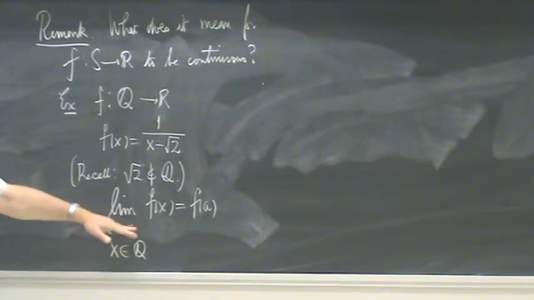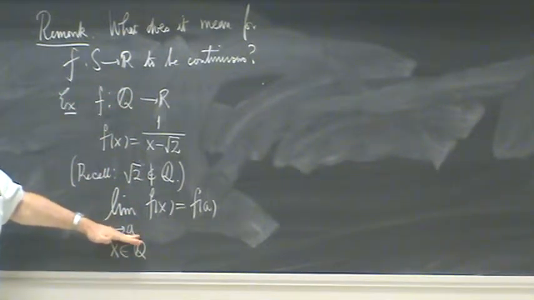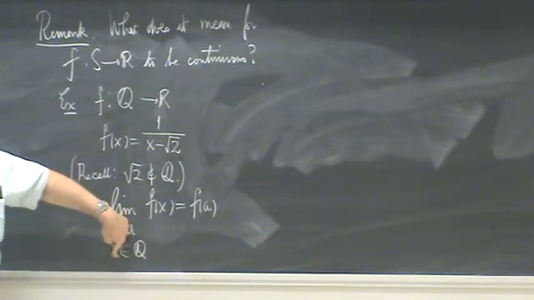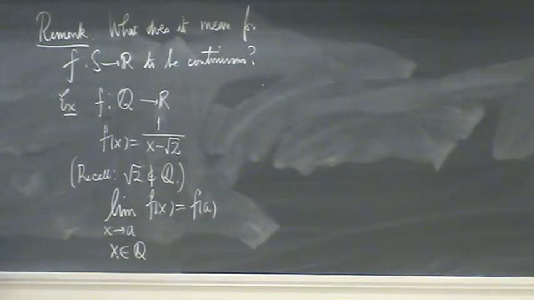f is only defined on the rational numbers, fine. So only take points that are close to a and are still rational. So it's completely intuitive, actually. You take your usual definition,